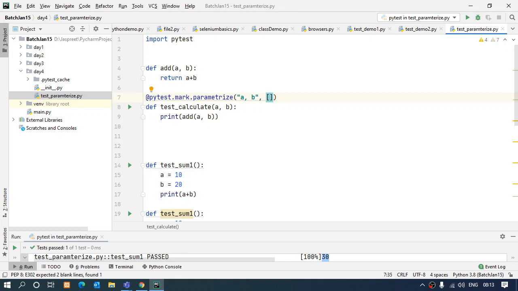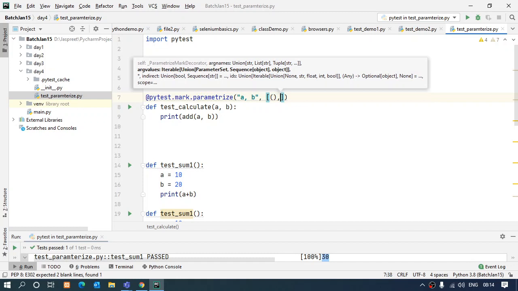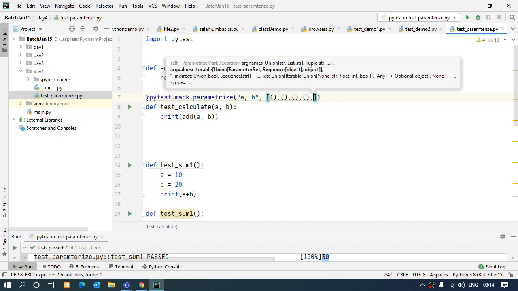For a brief discussion about the data structures, you can just go on and watch the pre-recorded videos. You will find each and every detail about the data structures, how they are dynamic and how they are going to work. Okay. Now in here, in the brackets, I will pass the different arguments. Like you can see, I'm just adding these. These will be the number of data I will be passing on.